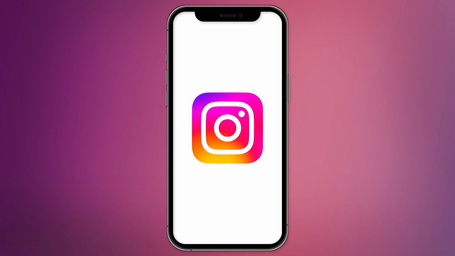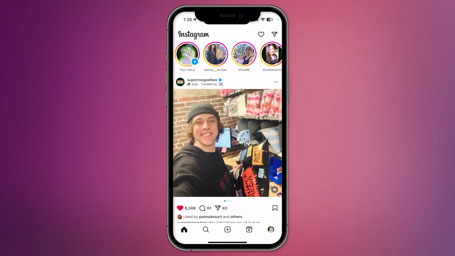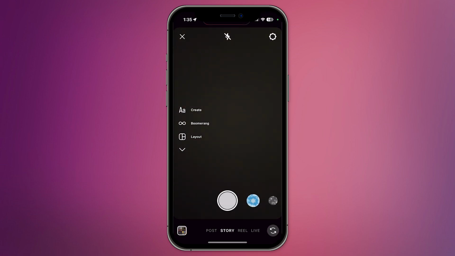Today, I'll show you how to create a photo collage in Instagram. First, after opening Instagram, swipe right to open an Instagram story and ensure story is selected at the bottom of the screen. Now you can either snap a picture or upload one from your camera for the background, or if